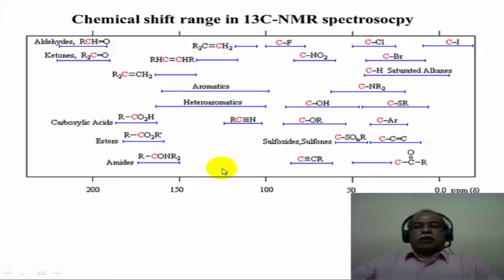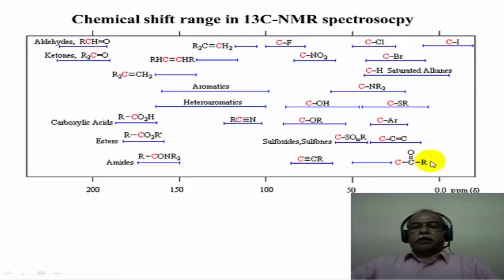So the carbons are least affected by the ring current effect in carbon-13 spectroscopy. Terminal alkynes come at a lower delta value. Cyano functional groups are easily detected. They come in the region between 110 and 120 or 125 or so. The monosubstituted derivatives typically come anywhere between 20 ppm to about 60 ppm, depending upon the electronegativity of the group that is attached. The most electronegative group, for example the fluorine-attached one, will come at around 80 or 90 ppm, whereas the least electronegative halogen, namely the carbon-iodine bond, for example, comes even at a negative delta value because of the large size of the iodine, which completely shields the carbon.